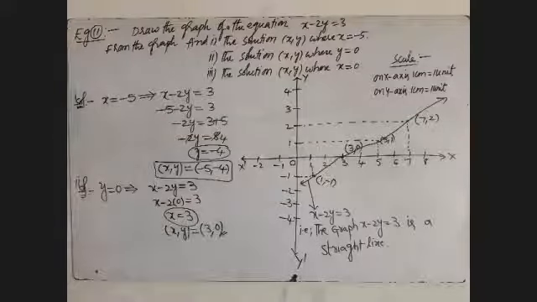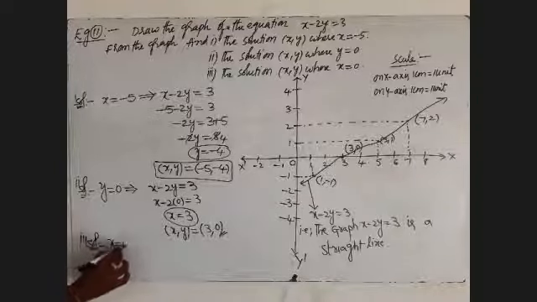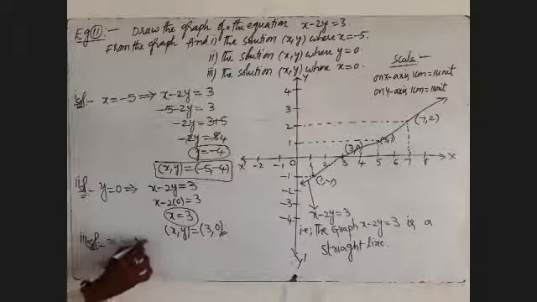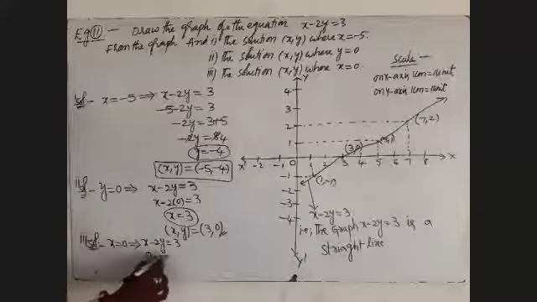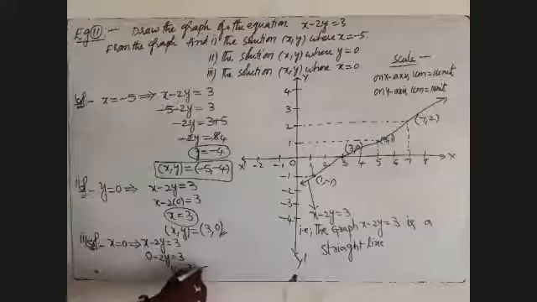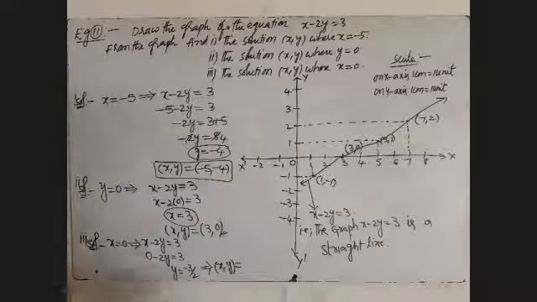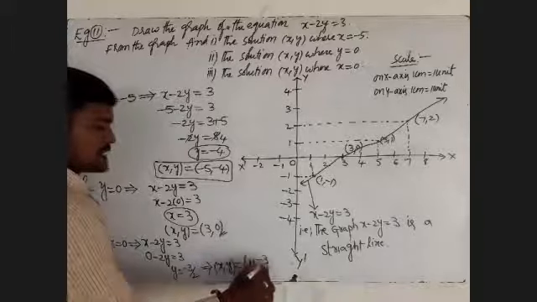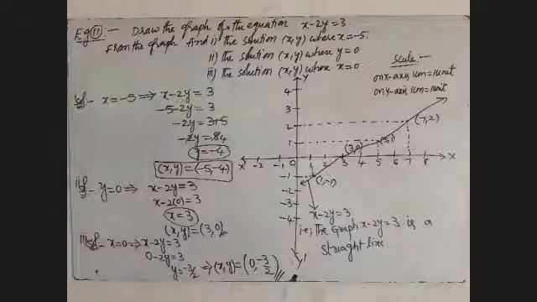Now I am going to the third one. What I am asking is, where x is equal to 0 is given, then find the value of y. x minus 2y will become 3. 0 minus 2y will become 3. That is y is equal to minus 3 by 2. Here we have to write the ordered pair of x comma y, where x is 0, y is minus 3 by 2. Those are the 3 points we ask in this given problem.